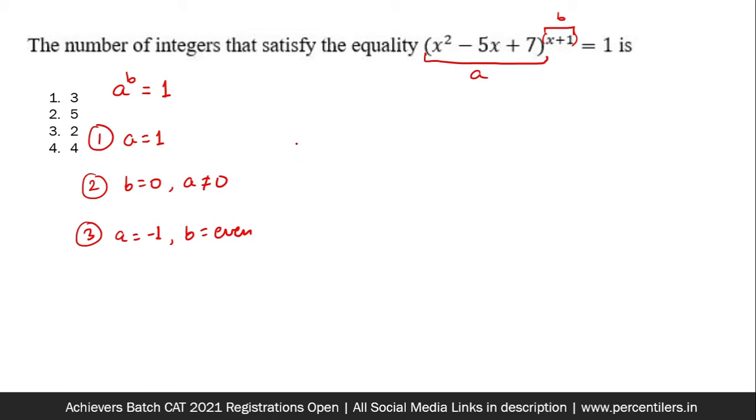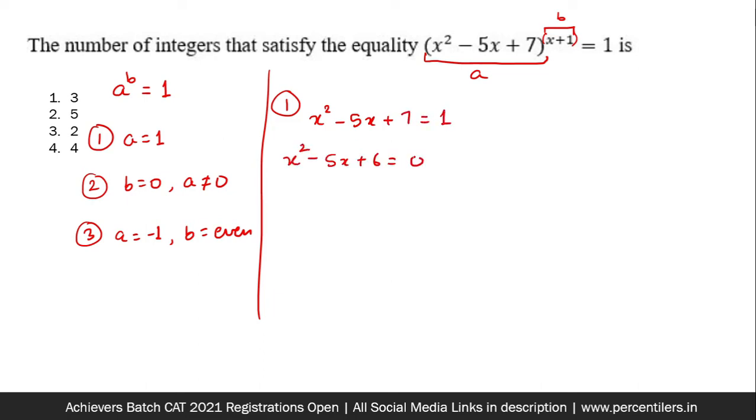So we are going to check all these three conditions one by one, checking the first condition where a is 1 and we don't care about b. If x square minus 5x plus 7 is 1, which implies that, now this is, I think, the first quadratic expression that everybody solves in their academic career. We get two integer values of x from here. So we get two values of x from the first situation.